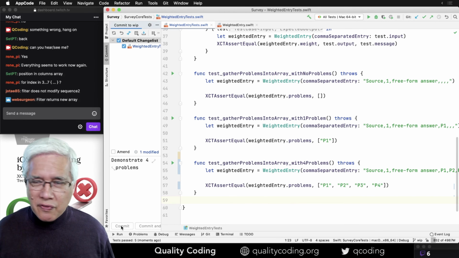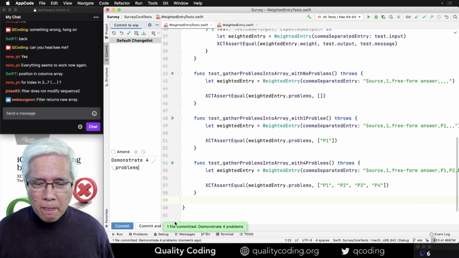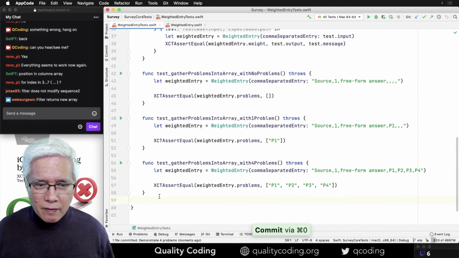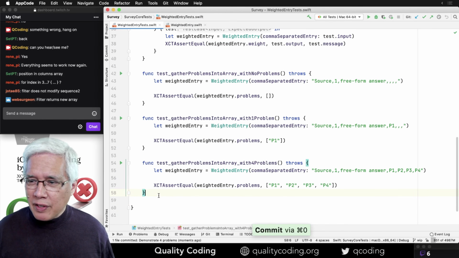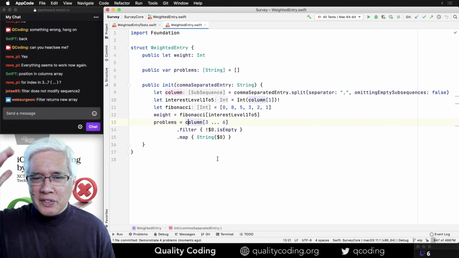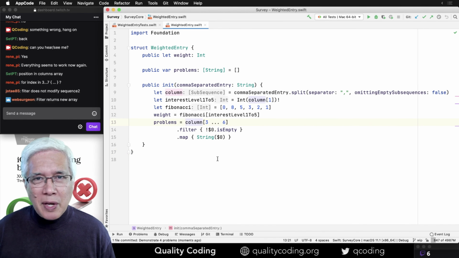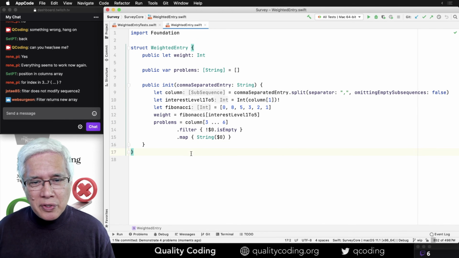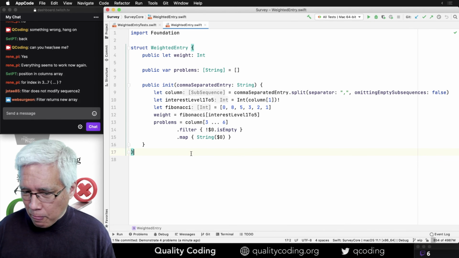All right, very good. I'm really liking this. And I like how we were able to boil down those temporary variables and if statements and append statements and just make it a filter and a map. I like it. This seems very straightforward and good.